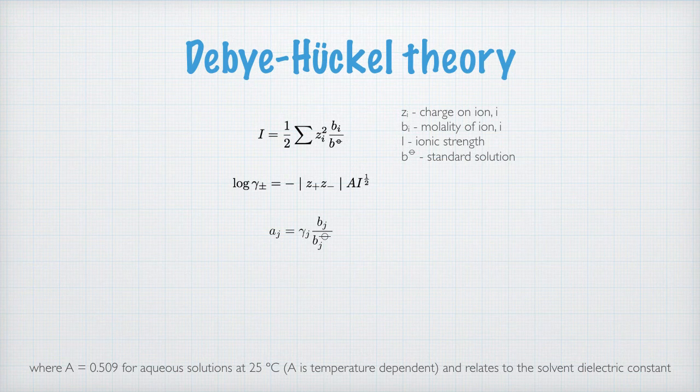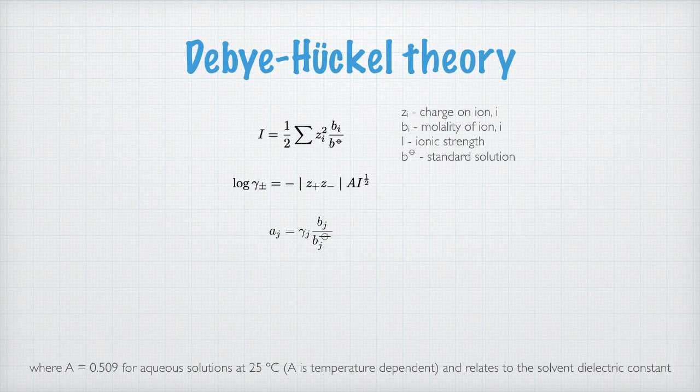So what the Debye-Hückel theory does is it calculates this value of the ionic strength, which is capital I. And the ionic strength is related to the charge on the ions and the concentration of the solution, and ultimately all we do is sum that up for all of the different ions in solution. So if I have 2 types of ions in solution, or 3 or 10 or 50, all I do to work out my ionic strength is just to add them all up in turn. And I can calculate the activity coefficient because it relates to this value for the ionic strength, for the charges in solution, and it also relates to a constant